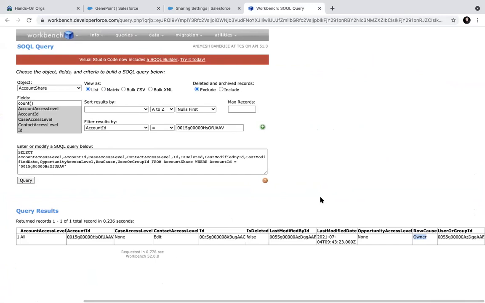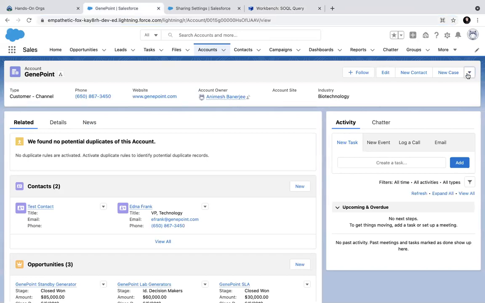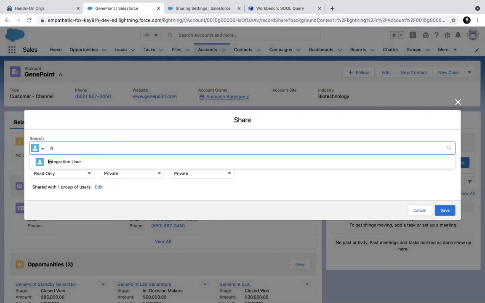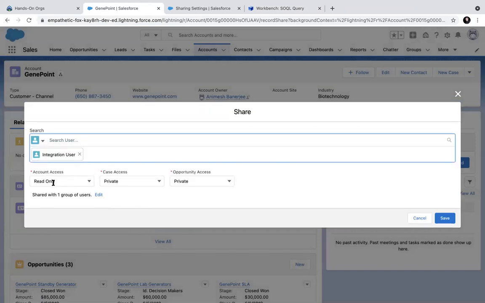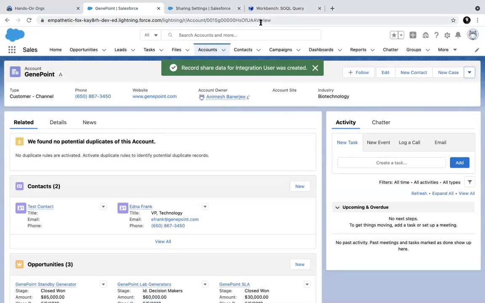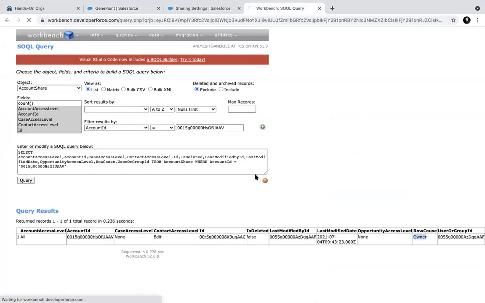This you are not creating. Salesforce is automatically creating this record, and it's showing that this record is now shared to this owner, and the row cause is owner. So this account record is automatically shared to the owner. Owner has access. Now, if the owner is adding somebody else and giving read-only access, let's fire this query once again.